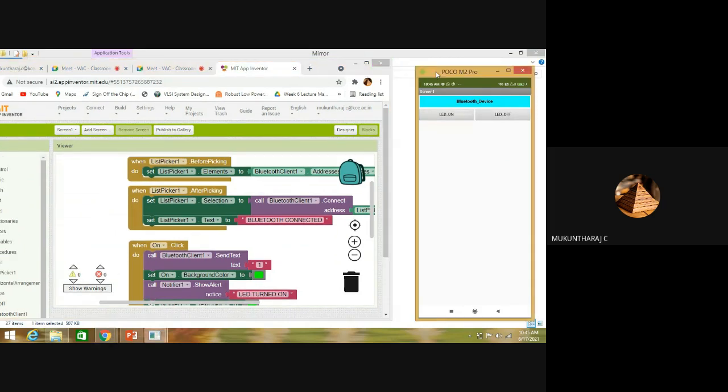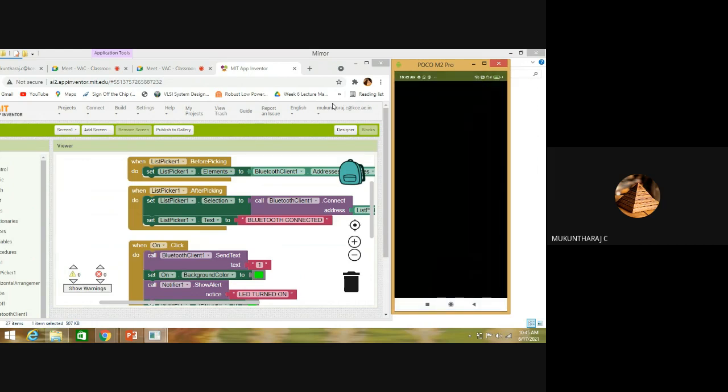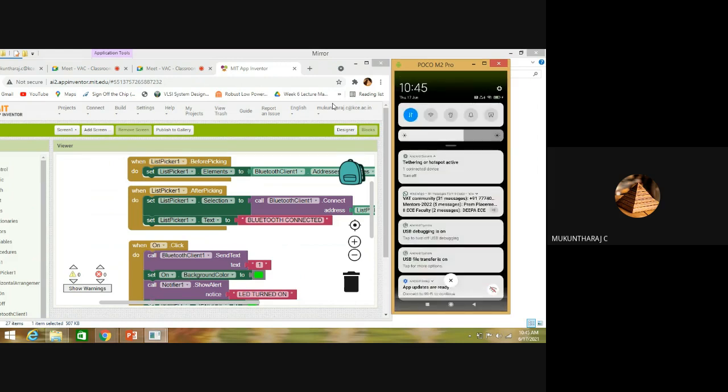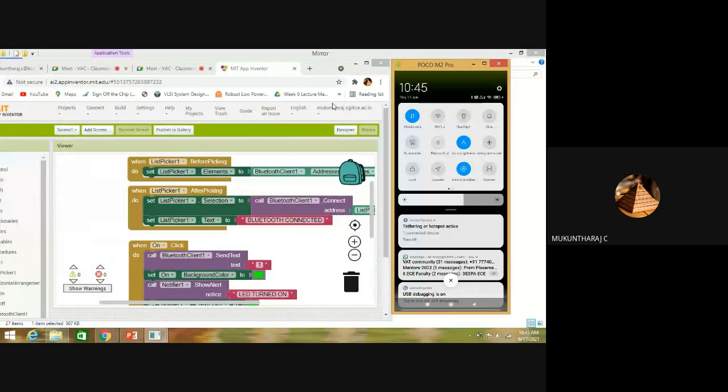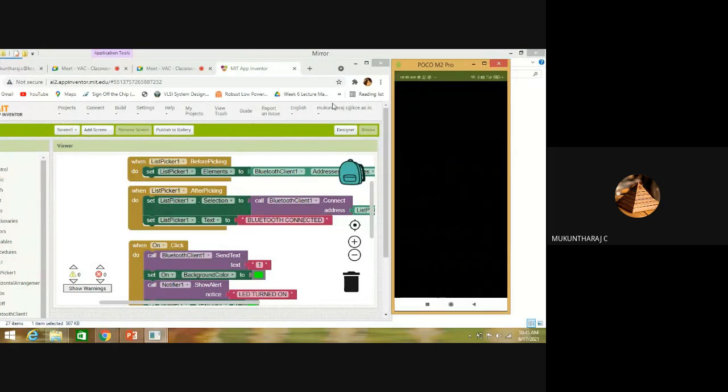When I click Bluetooth device, it is going to list everything. You must turn on your Bluetooth before that, so that it will list the devices which are already paired.